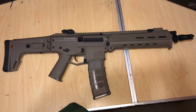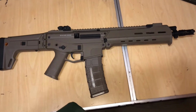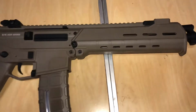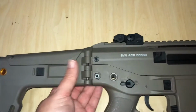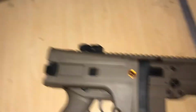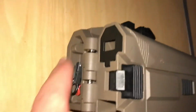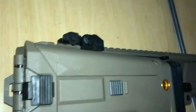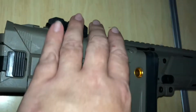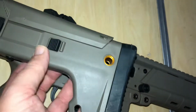So here we have just the standard old J10. It's stock standard as it comes out of the box with the old buttstock that you can flip around. That's where you put your battery in and have heaps of trouble with your cord getting crimped and then trying to fit your battery in there. Some people, what they have done is